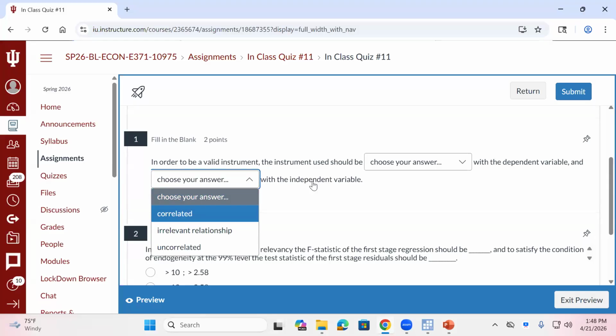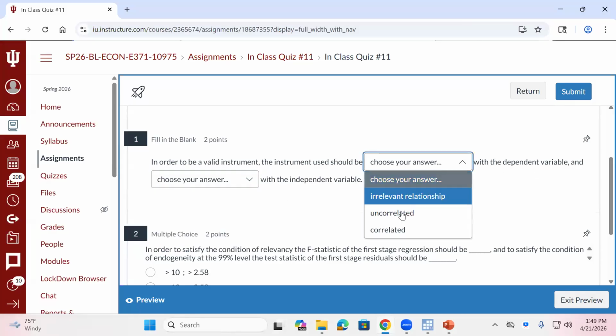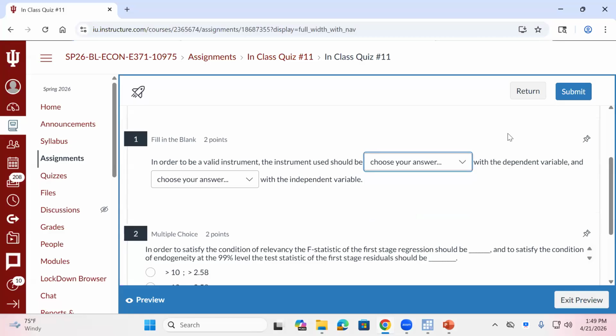What is our right-hand side or X variable? That is our independent variable, the thing that's changing. So we want the instrument to be correlated with X. What we don't want it to be correlated with, and this isn't quite technically correct, but for the sake of this class we're going to think of it this way, is Y. Y is our dependent variable. So we want it correlated with X and uncorrelated with Y. Now, technically, it's not that it's uncorrelated with Y, it's that it's uncorrelated with